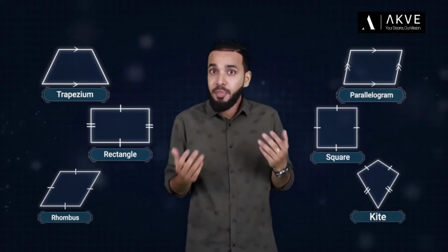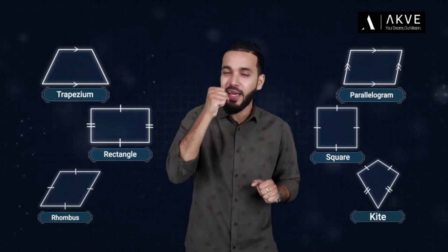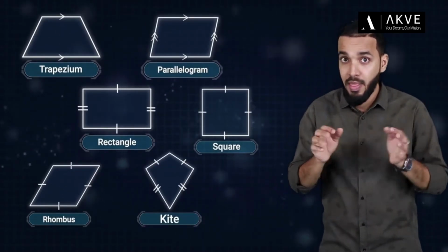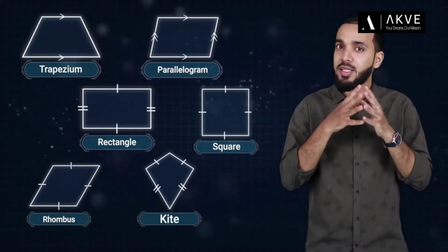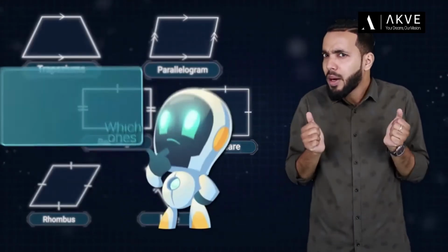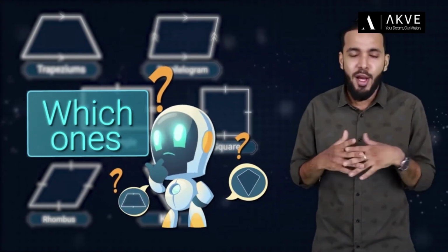Whoa! This video was full of information. We recapitulated the different types of quadrilaterals, and I'm pretty sure that you have gained more insight into the different shapes than you did in the previous classes. Now, some of the shapes that we discussed today will be covered in detail in the coming videos. But which shapes would they be? Who knows? Let's quickly summarize and rush to the next video to find out. Till then, keep learning and keep growing.